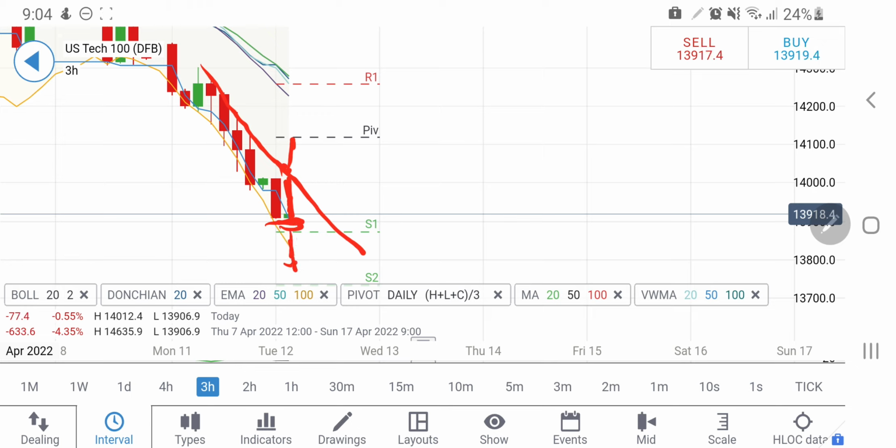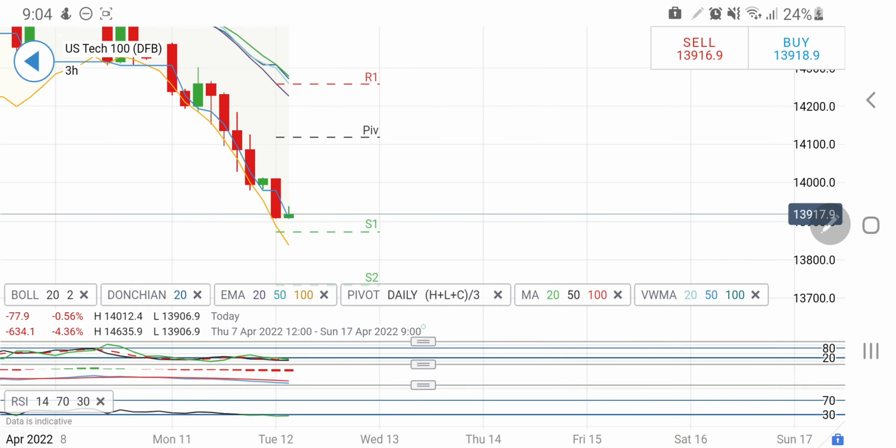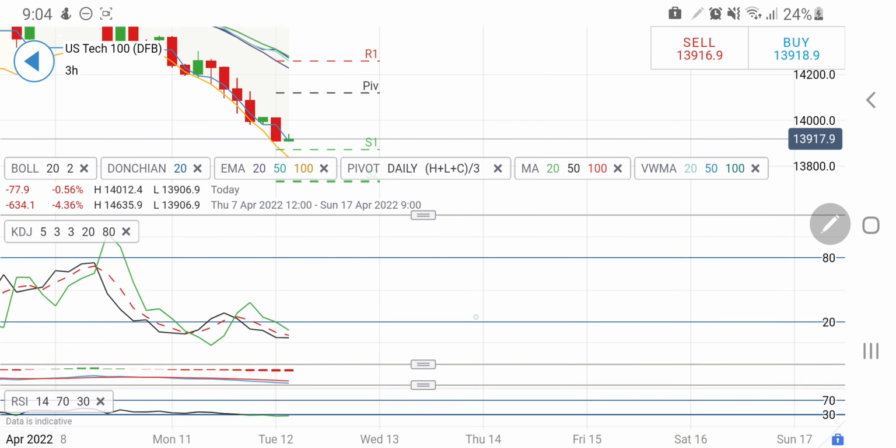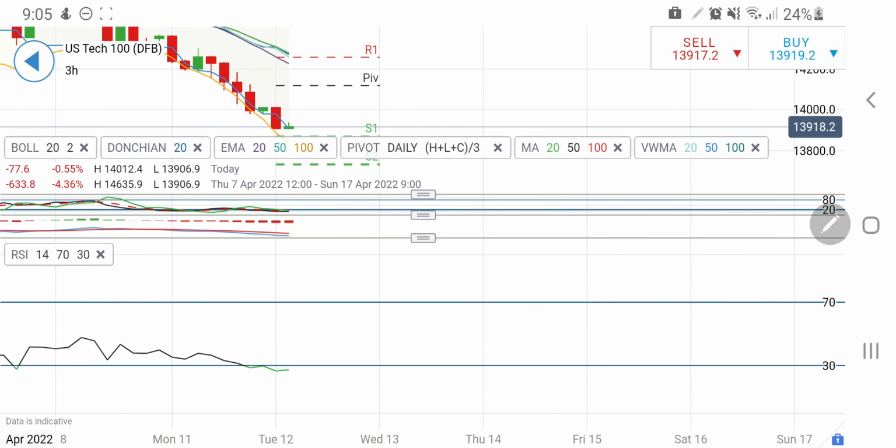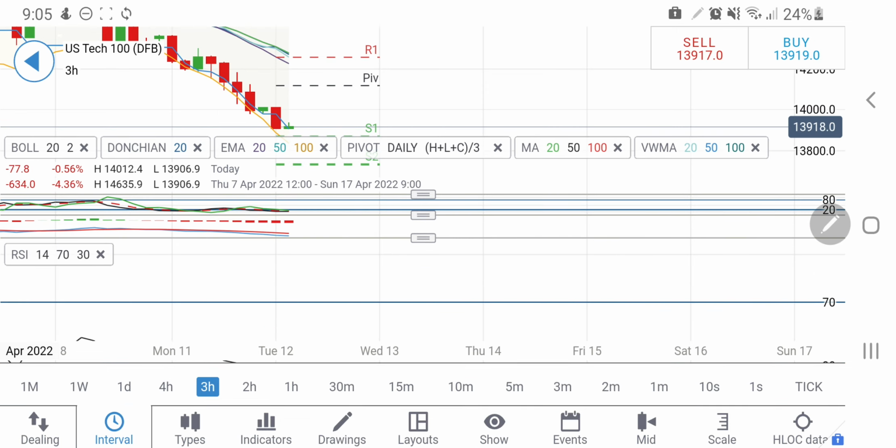So between 13,880 to 13,980, 14,020 levels, we have to be a little bit cautious within these 140 points. And beyond that, on the upside, 14,300 is going to provide a fairly strong resistance. The 3-hour stochastic is extremely oversold here, hence a bounce back is a must. MACD is widely divergent on the sell side. RSI is oversold here, hence a bounce back is a must.